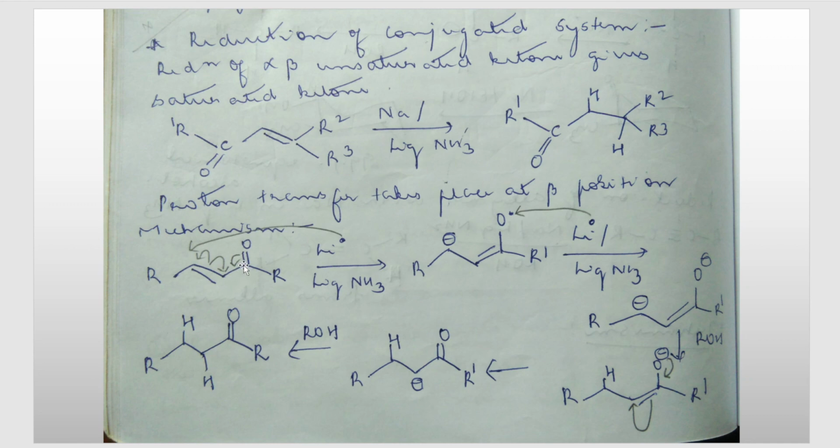So there is a new bond formation between carbon number 3 and carbon number 4, as you can see here. How? There was a double bond here, and that bond broke in such a way that oxygen got one odd electron and this carbon got one odd electron, and carbon number 3 already had one odd electron, so carbon number 3 and 4 formed a bond with each other.